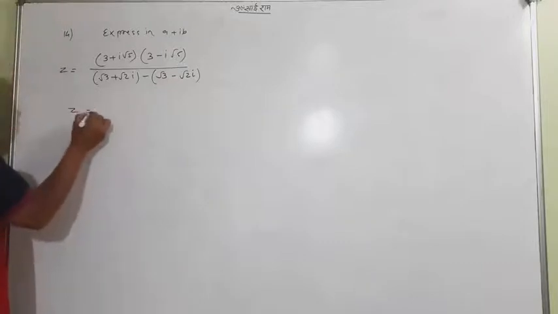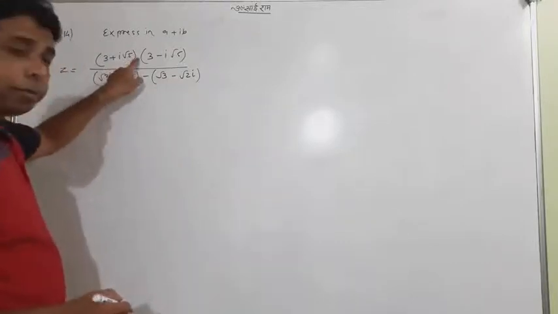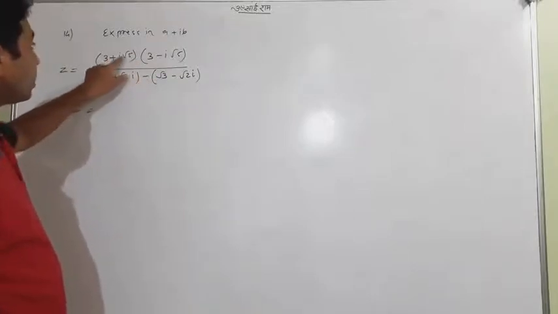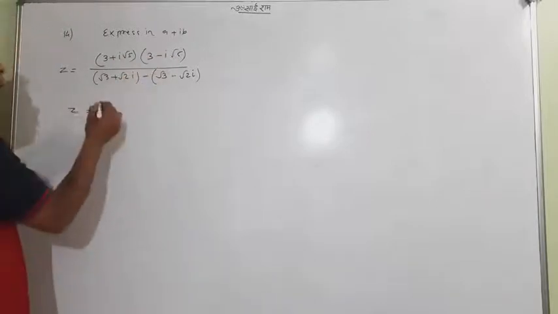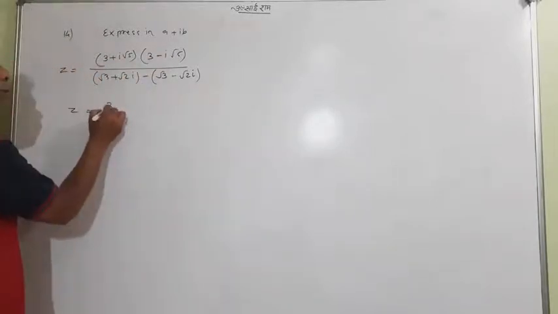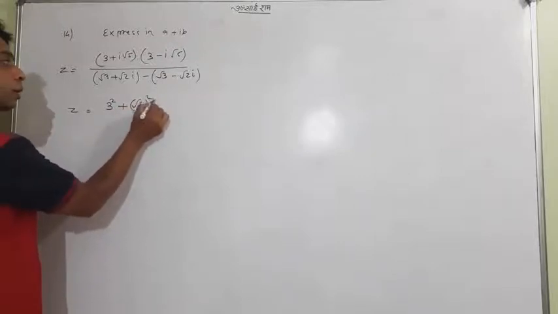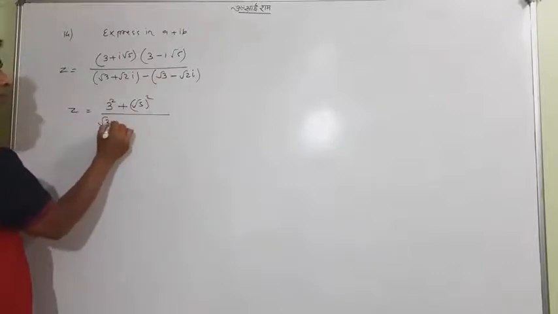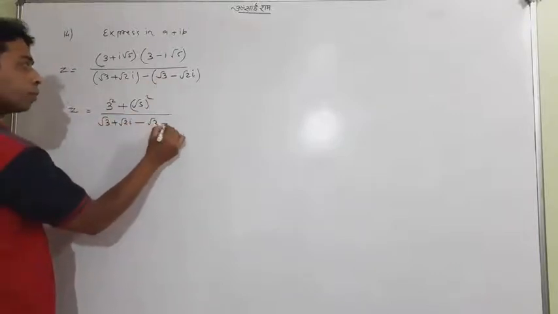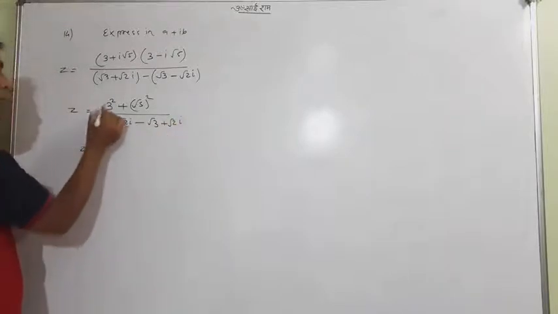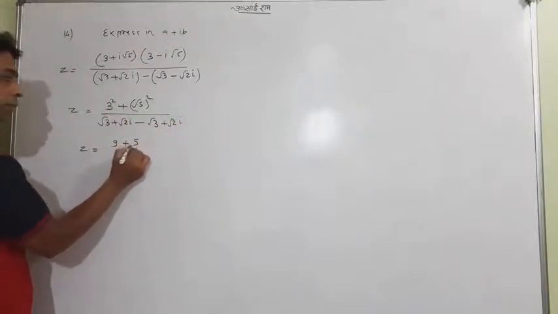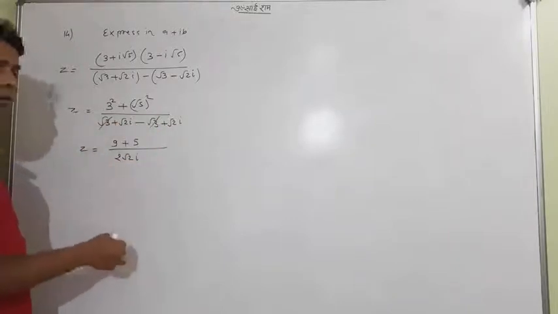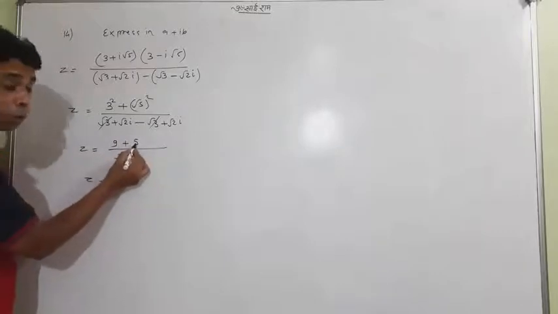Okay, now let's look. It is a multiplication sign, so we will multiply. It is a minus, so we'll definitely open the bracket. It is looking like a plus ib, a minus ib, so a square plus b square in shortcut. Just multiply, open the bracket. So what is the upside quotient? This is going to be 9 and this is 5. This is cancelled and these two will be 2 root 2i. After that 9 and 5 is 14. 14 will cancel by 2, 7.